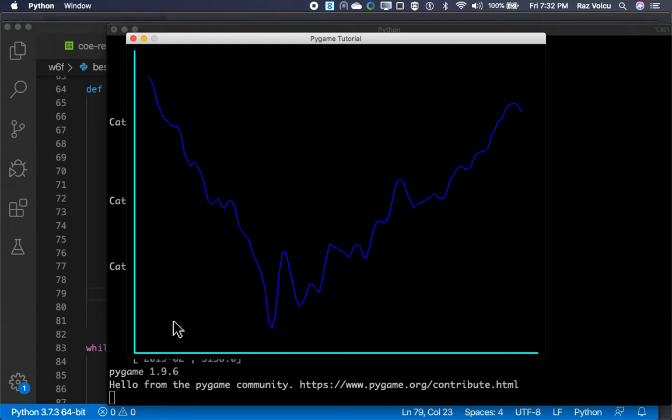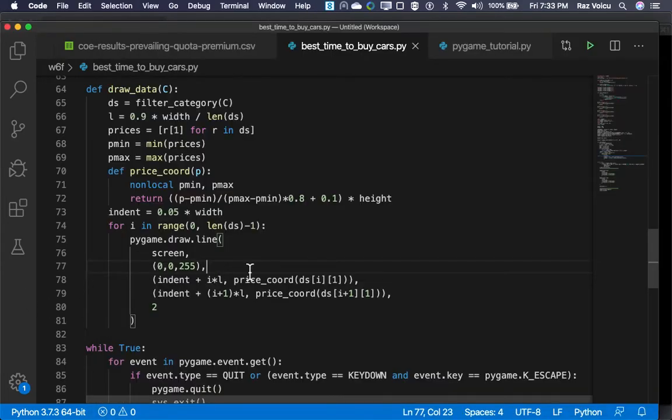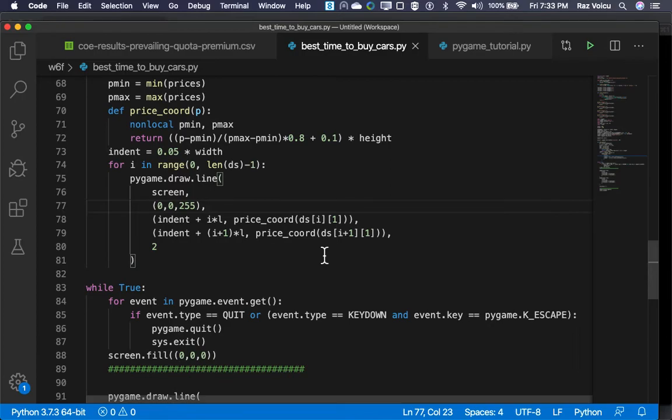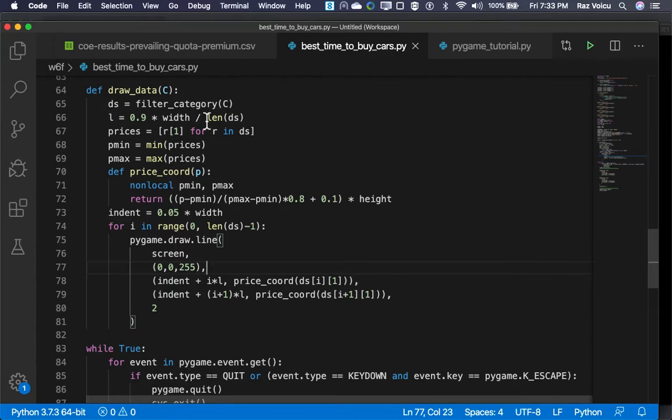So now another thing that we could do is put some values on the vertical axis and the horizontal axis. So before we do that, let's add all the graphs. And also we can see how correlated they are at that point. So one thing that we need in draw data, apart from the data set, is the color. So I'm going to say color here, and when we draw data,